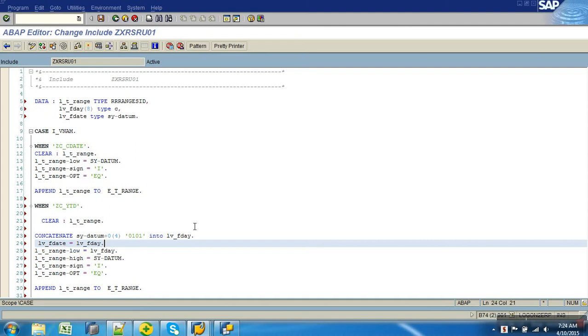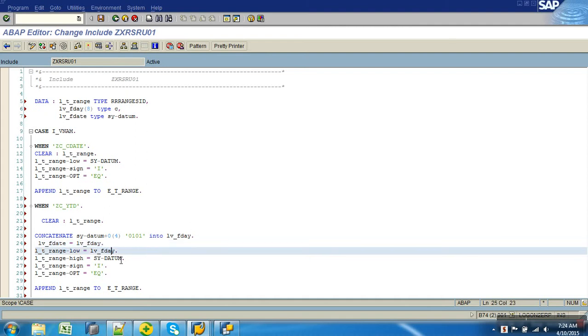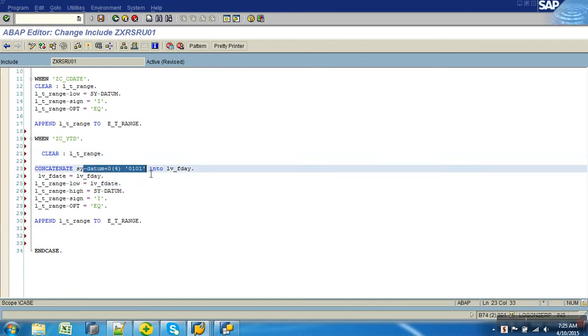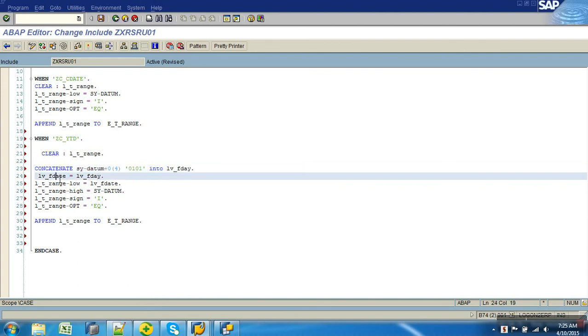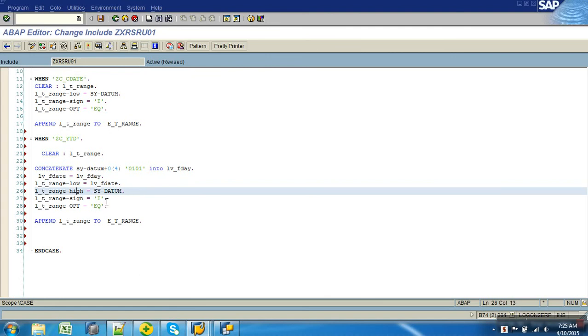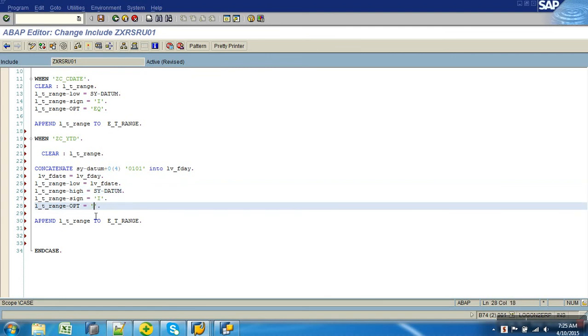I'm just converting the data from string to date. So I'm just clearing the structure, formulating the first day of the year into a variable which is of type string, assigning this to a variable of type date, so converting the date conversions. Then from the date variable I'm putting it in low, and sy-datum I'm putting to high. Include, and what should be your option? BT, between.